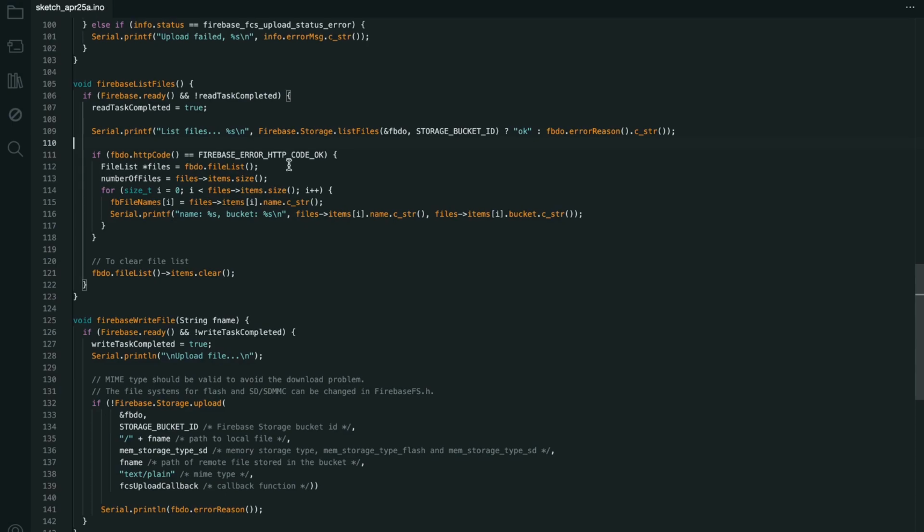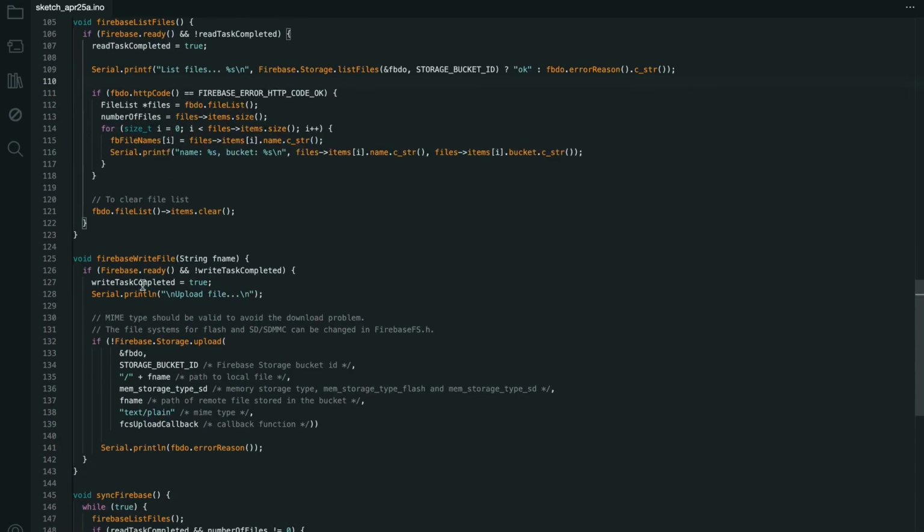as well as the number of files, and I'm going to loop through every single one of those files and then just print the name as well as print the bucket that it's in. We only have one bucket, so that's not really a big deal. And when I'm done with that, I'm going to clear out the files in case I want to perform any subsequent actions. And then to write files, all you're going to do is again call firebase.ready,